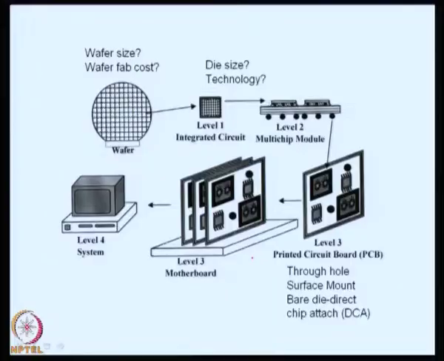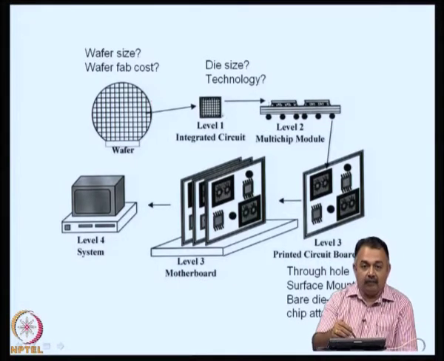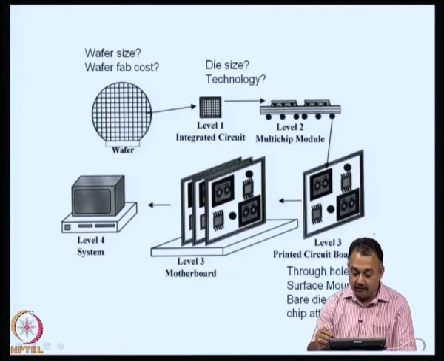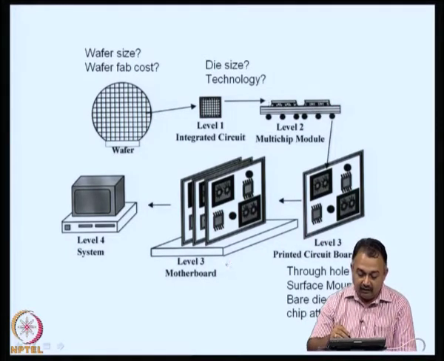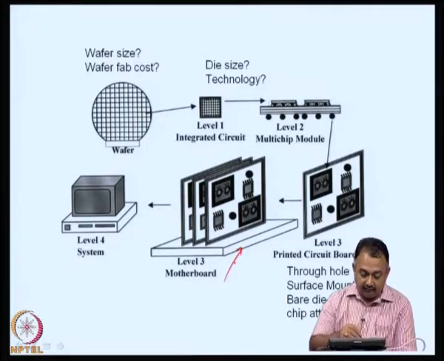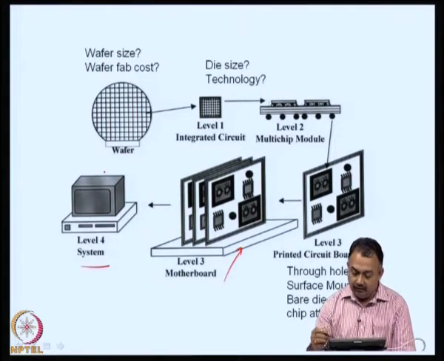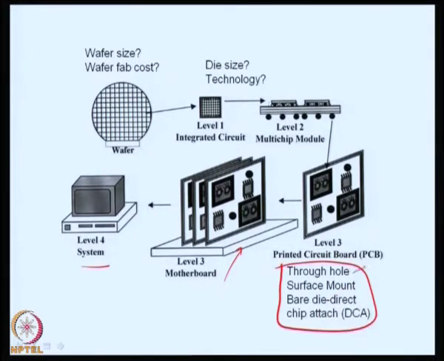So, this figure represents what we have just discussed. So, from wafer to level 1, level 2 multi chip module, level 3 printed circuit board, level 3 is a set of cards which forms the motherboard, and level 4 is your system. Your system can be a mobile phone, it can be a PC, it can be a laptop, it can be a camcorder, whatever. Okay. So, in PCB printed circuit board, we are going to look at various technologies like through